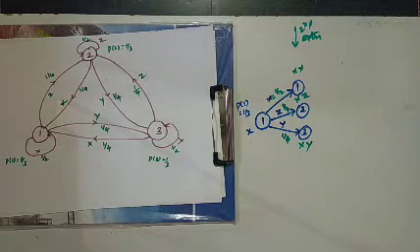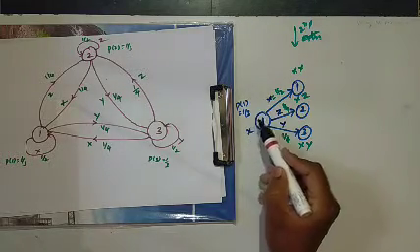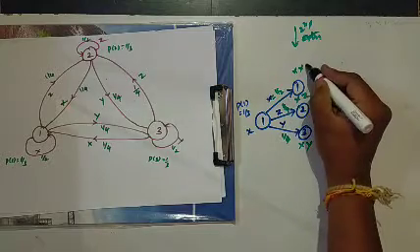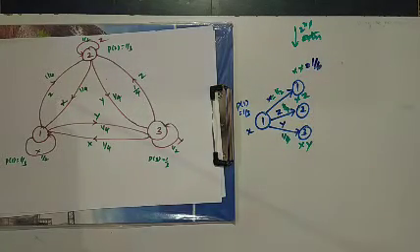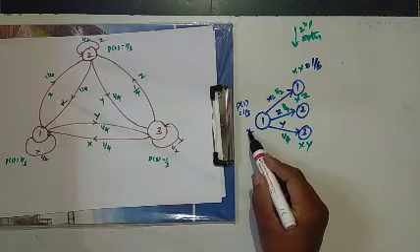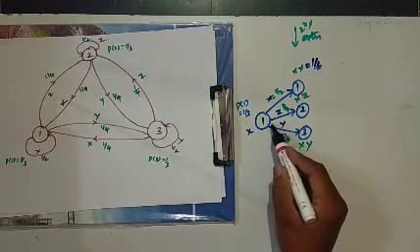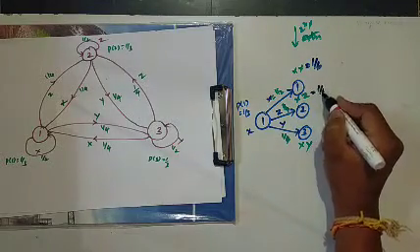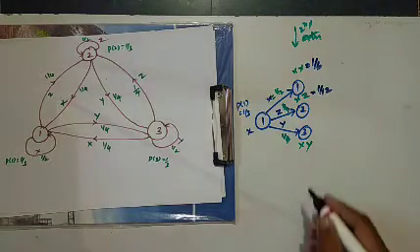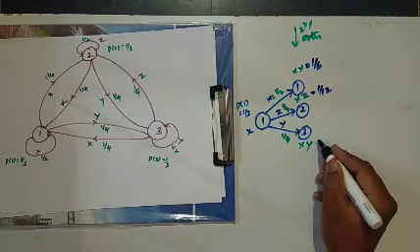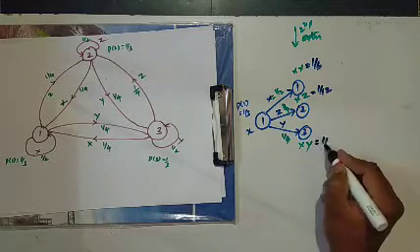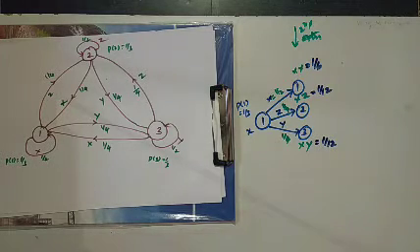Then what are the values of these symbols? See that it is 1 by 3 here and the transition probability is 1 by 2. So the value of xx is 1 by 6. Again 1 by 3 is the probability, and for xz, that is 1 by 3 into 1 by 4, the xz probability is 1 by 12. And this xy, with probability 1 by 3 into 1 by 4, that is also 1 by 12.